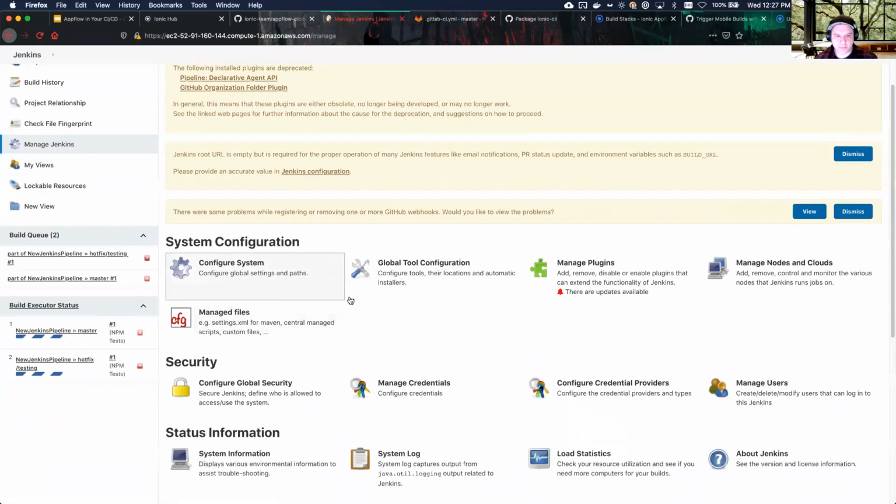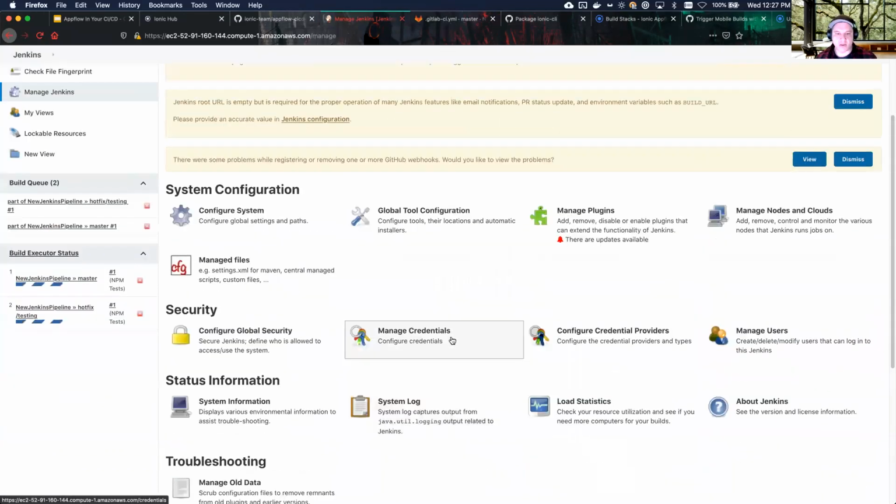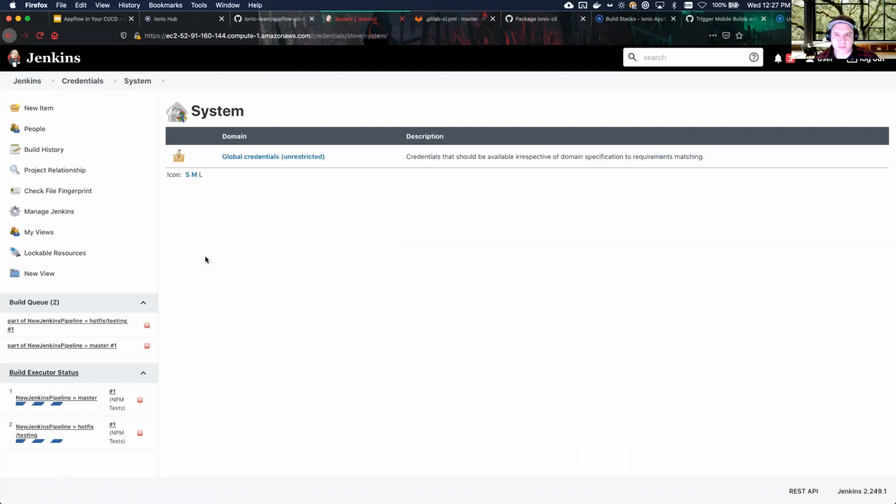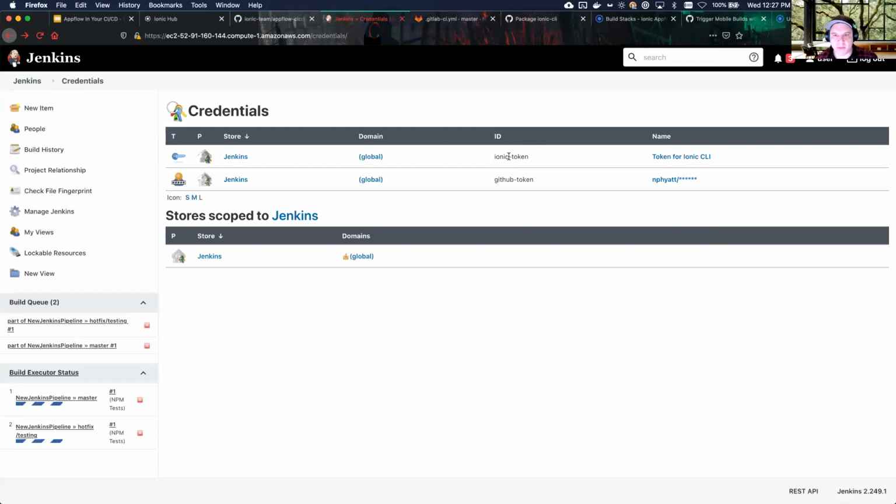But basically, each system has a way of managing secrets. So the way Jenkins does it is you manage credentials. And in my credentials, you can actually see up here, I have two stored. So I have an Ionic token and I have my GitHub token. And they're named. If you wanted to create a new one, I think you can just,